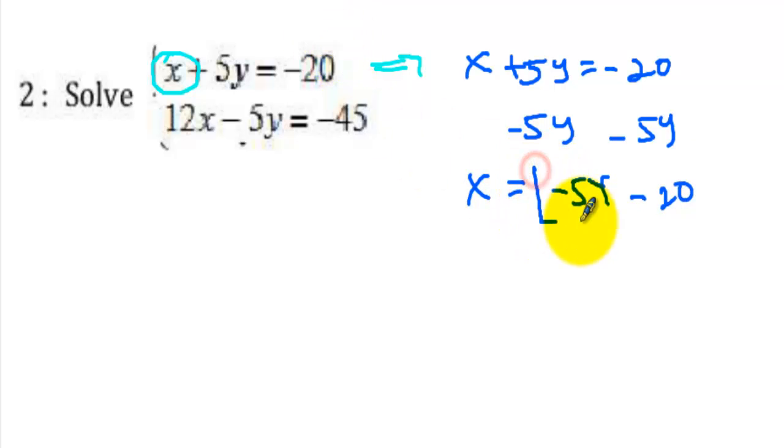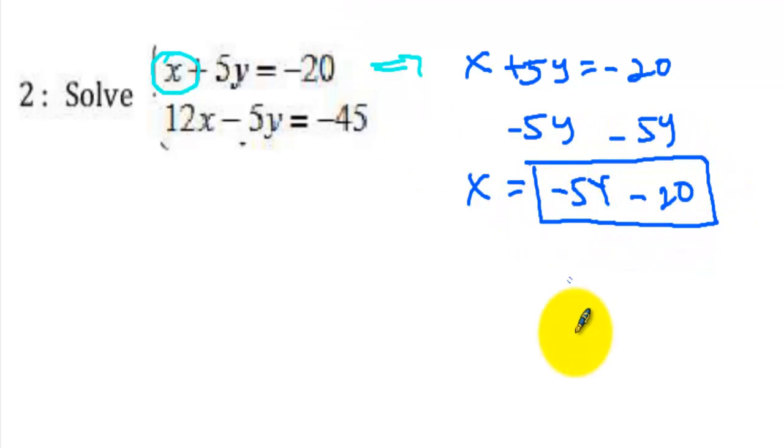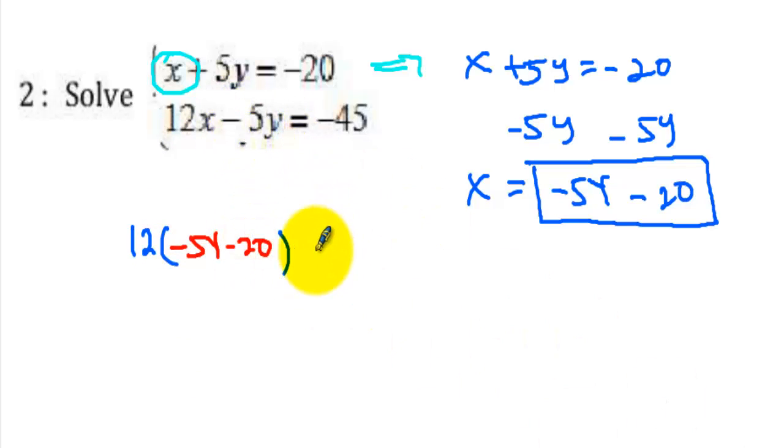We are going to use this value of x and replace the x variable in the other equation. So from the second equation, we will have 12 times x, which is -5y minus 20. So I'll replace now my x here with -5y minus 20. And I'll just bring down everything. Minus 5y